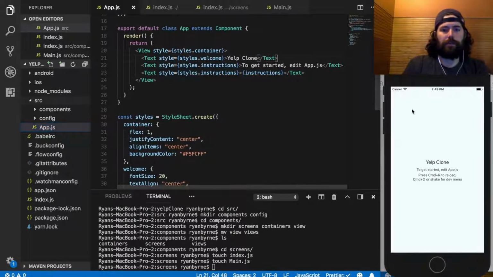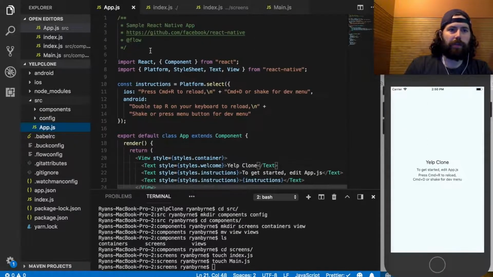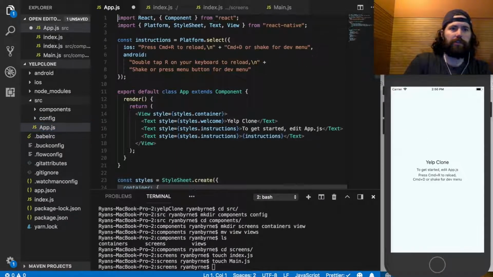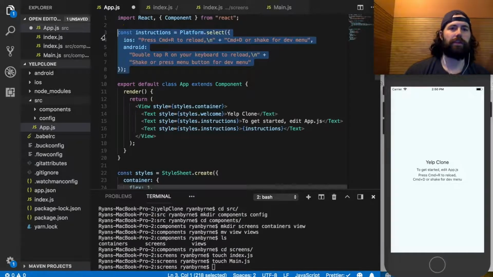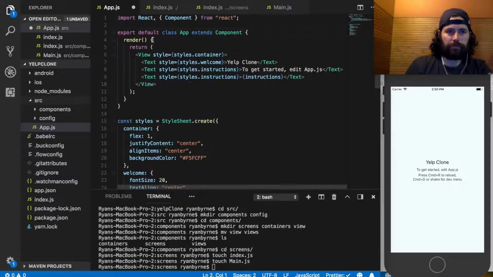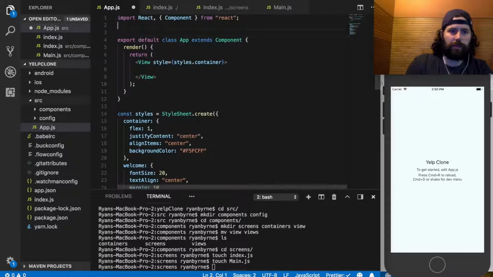And let's see if this, okay. And then in our app.js, we want to import our other screens. And we don't need any of this stuff anymore, because this is basically just going to become our root component that holds these other screens. So all this stuff we can get rid of. I'll leave this one view here. And for now, I'm just going to say